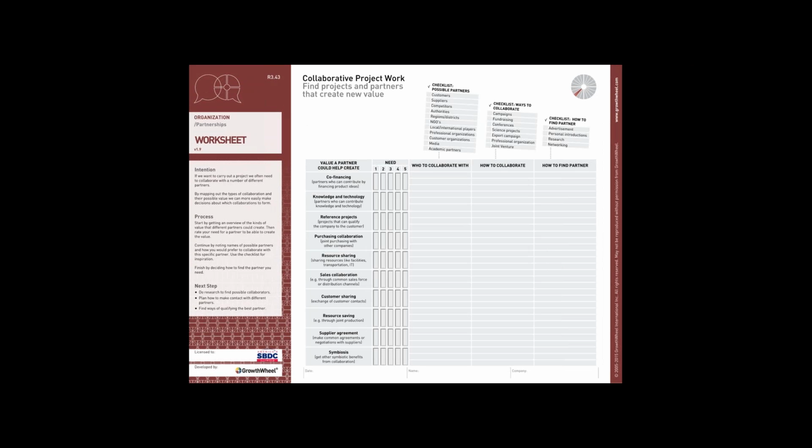On the business alliance tool, you identified which alliances had value for you and who you might want to target as a partner. This tool helps you with prioritizing and the how-tos. I'll talk a little more about each of these categories and what they mean. Note they're not in the same order as the topics on the first tool, but the tools go together. And they will help you really think through those you want to collaborate with and why.